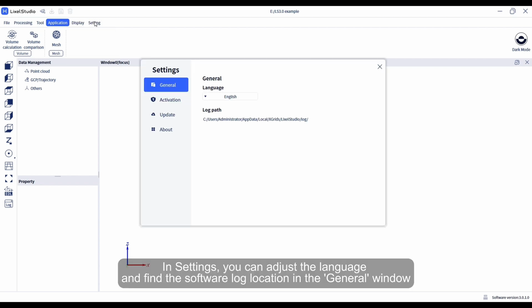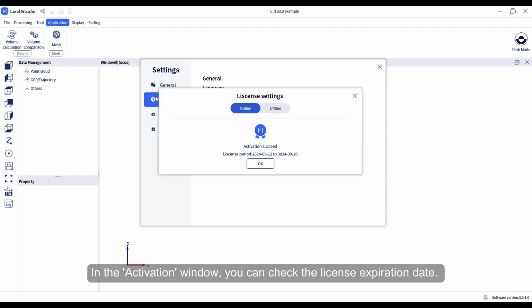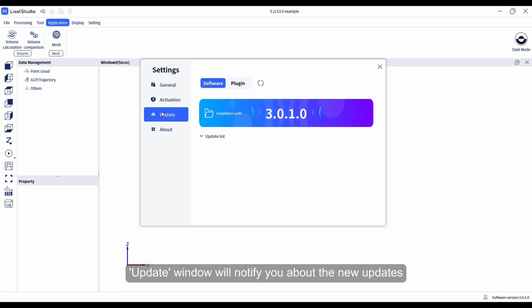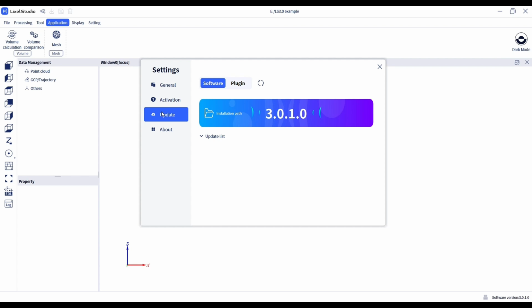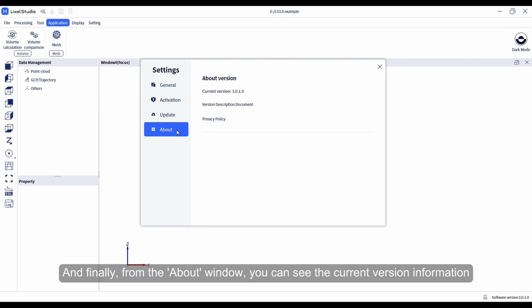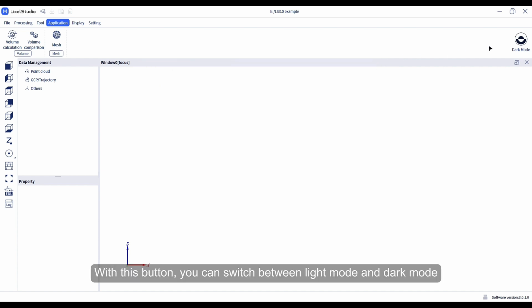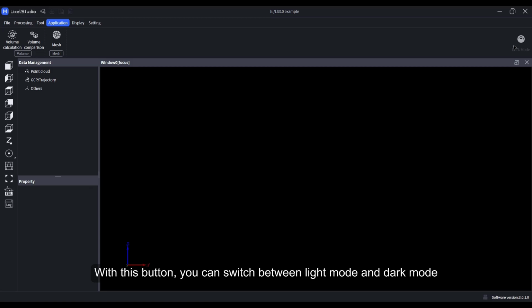In Settings, you can adjust the language and find the software log location in the General window. In the Activation window, you can check the license expiration date. Update window will notify you about the new updates. And finally, from the About window, you can see the current version information. With this button, you can switch between light mode and dark mode,